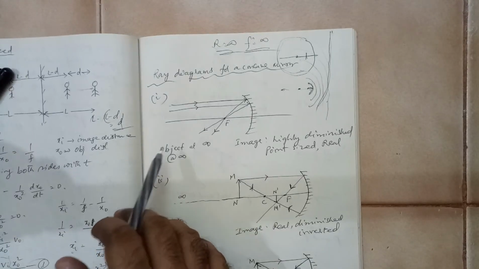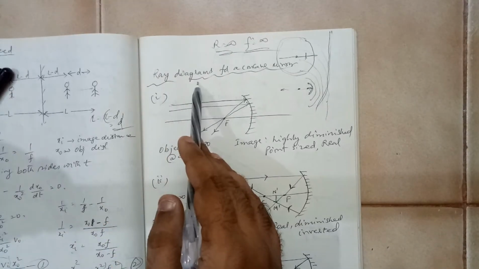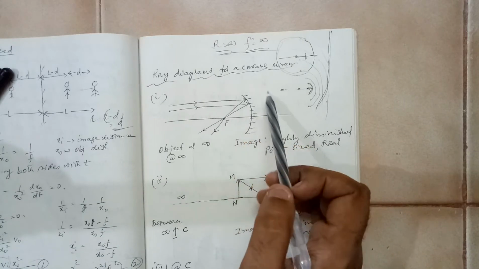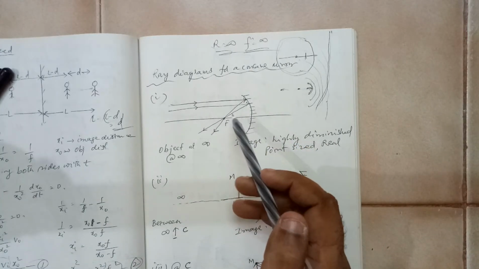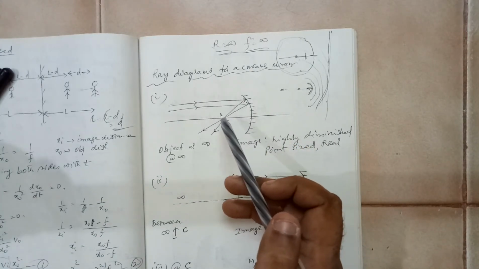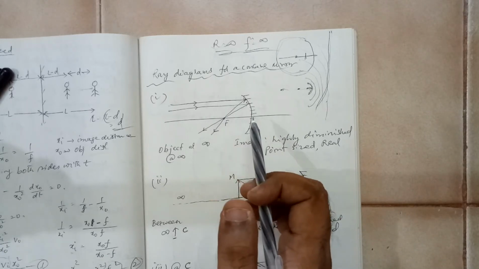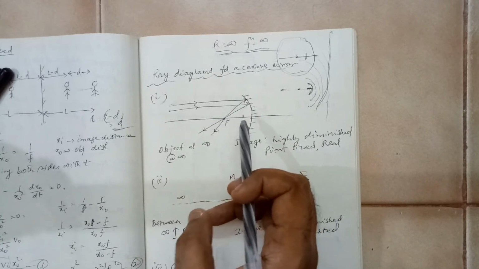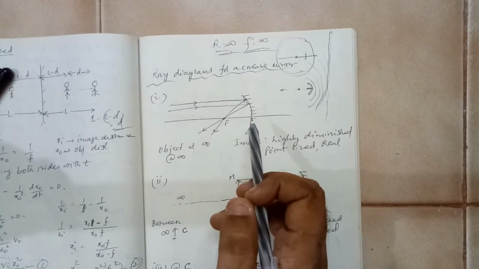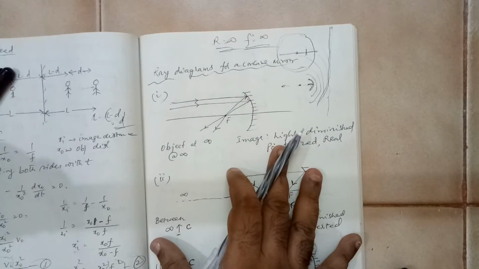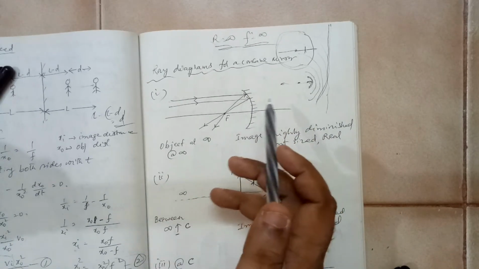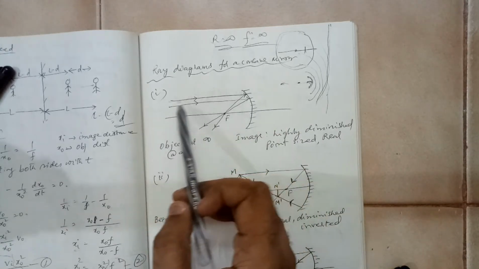So in this session we will be discussing ray diagrams for concave mirror. We will be looking into different cases where the object is placed at different locations. How will the image be formed? What will be its nature? That is what we are going to discuss. So the first case, a total of 5-6 cases will come. Let us see them one by one.